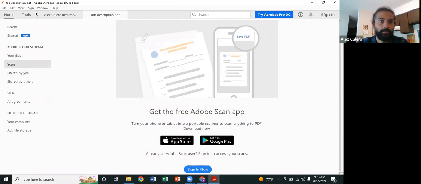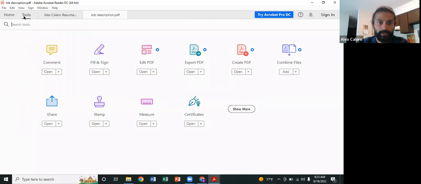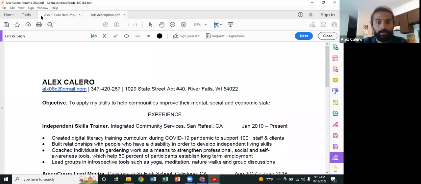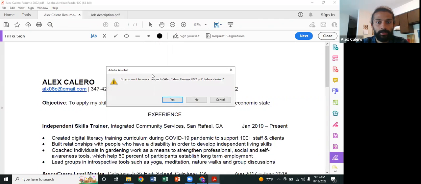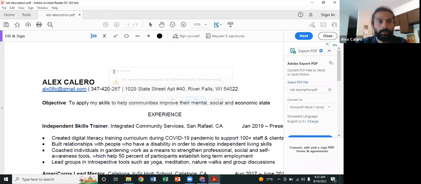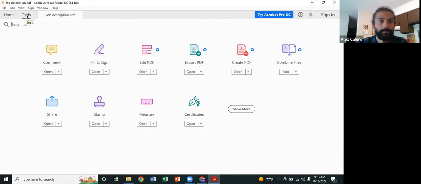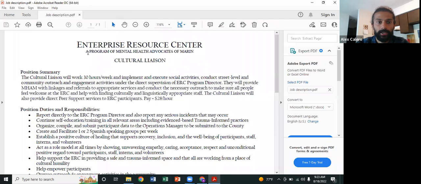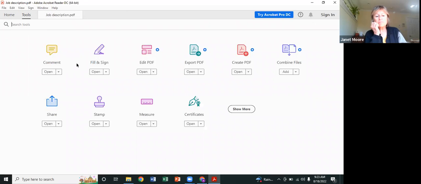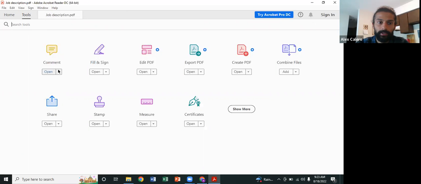But the one you probably want to use is tools right here. So again, if I have this one open, this was my original document that I opened up. I'm going to click on tools, and tools will show you what you can do. You can comment, you can fill and sign, edit PDF. And I think these stars actually mean that